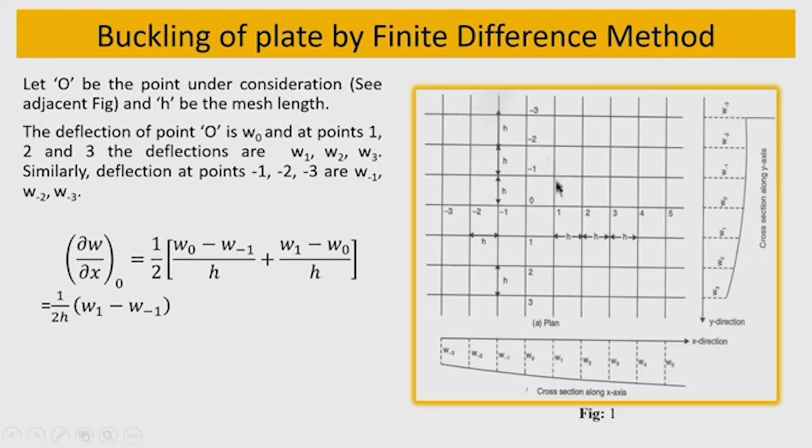In a rectangular plate, of course, we can vary the mesh sizes. So, the plate is divided into a number of small divisions, and you can see that this is a node, with reference to which we will discuss the difference form of the derivative. So, let us consider that 0 is a node and 1, 2, 3, 4, 5 etcetera are the node numbers